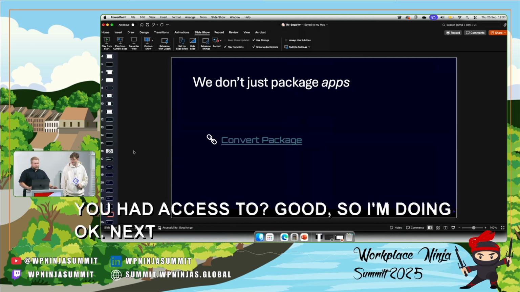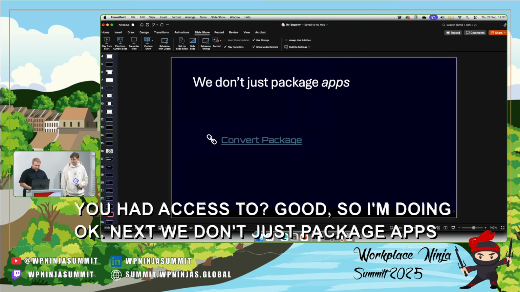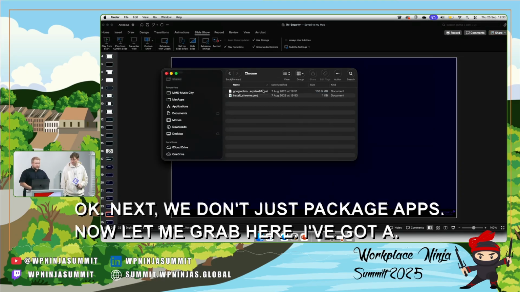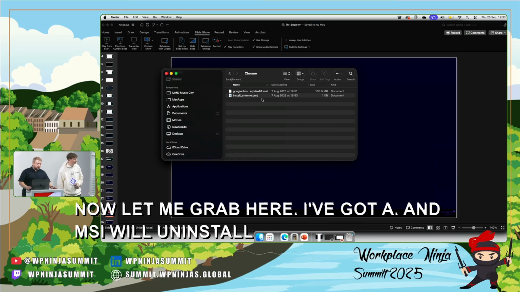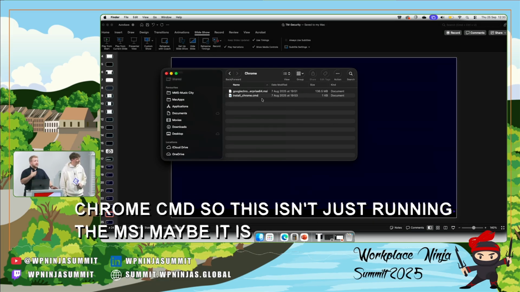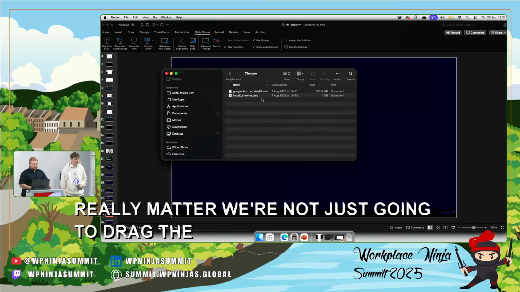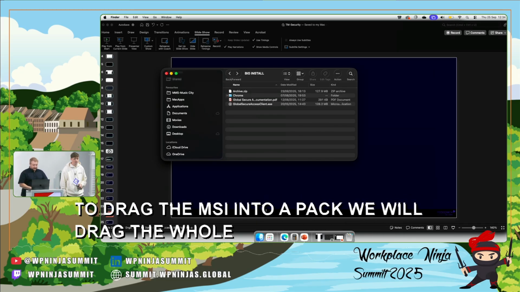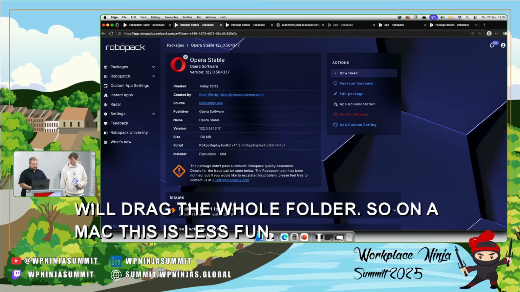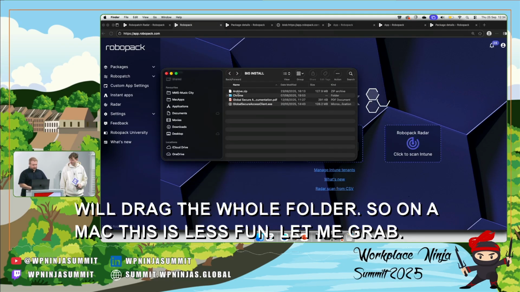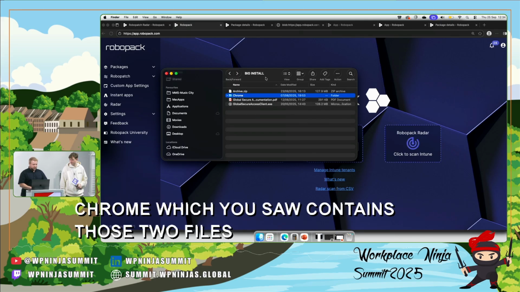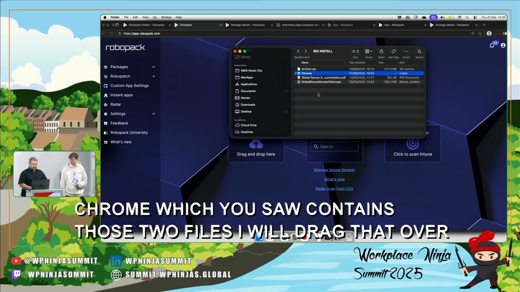Next, we don't just package apps. Now let me grab. Here, I've got an MSI with an install _Chrome CMD. So this isn't just running the MSI, maybe it is, but it doesn't really matter. We're not just going to drag the MSI into Robopack, we will drag the whole folder. So on a Mac, this is less fun. Let me grab this and the folder. I will grab this Chrome, which you saw contains those 2 files. I will drag that over to,